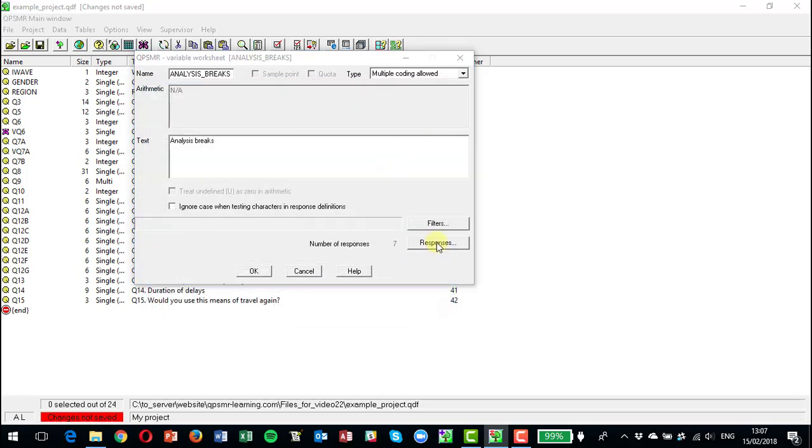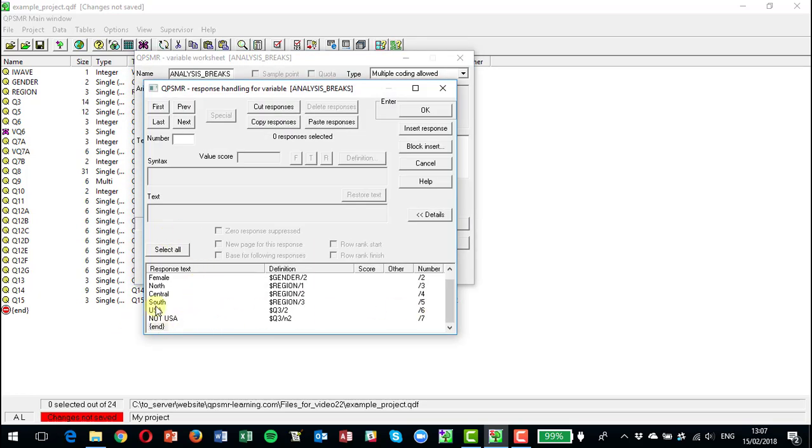OK, and what we might do now is we might want another subtotal in here for South or Central, so we could insert a response here which was region 2 to 3, which is South or Central. So we haven't got to show things exactly as they are in the questions. We can combine things together or add other things in, or we can delete some of these if we don't want them. Now typically you'll put headers in here, so the way you do that is by typing the header followed by a backslash,